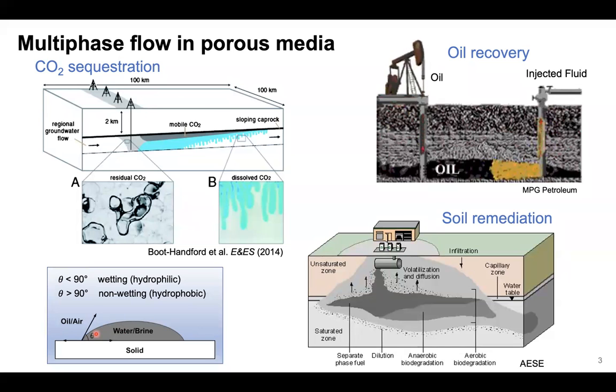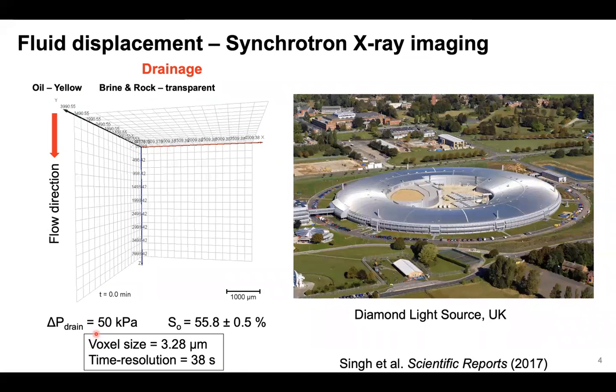For most of the experiments I'm going to show today, we use a synchrotron facility. In this particular case, it was Diamond Light Source. The reason for using it is the imaging speed. For example, if we get a 3D image in a lab within 2 or 3 hours, here we can get the same image in a few seconds. That means we can resolve the pore spaces during flow, so we can quantify and visualize the dynamics of multi-phase flow